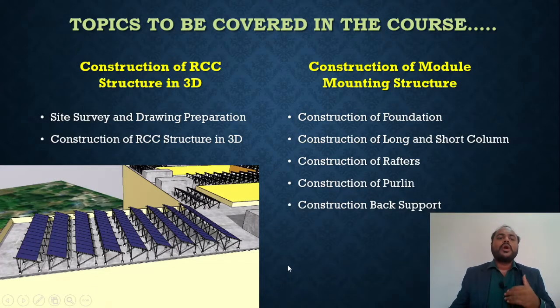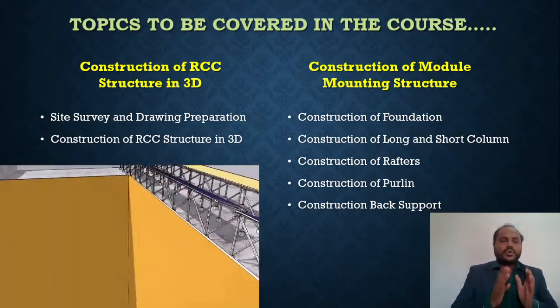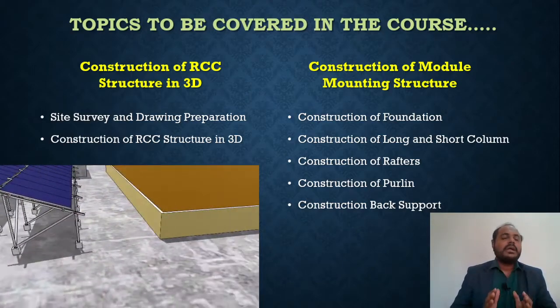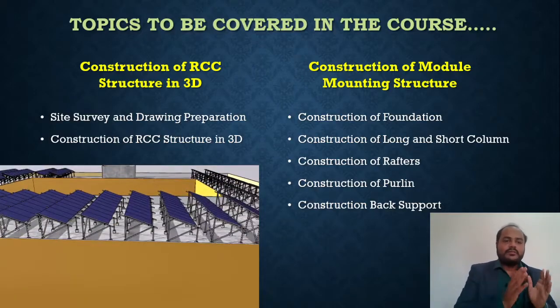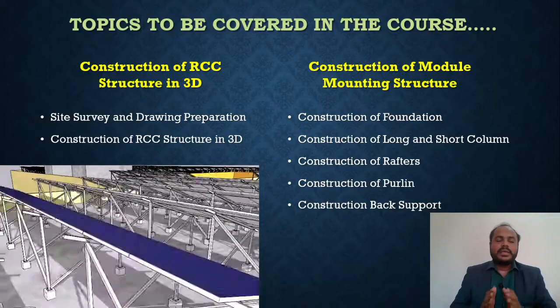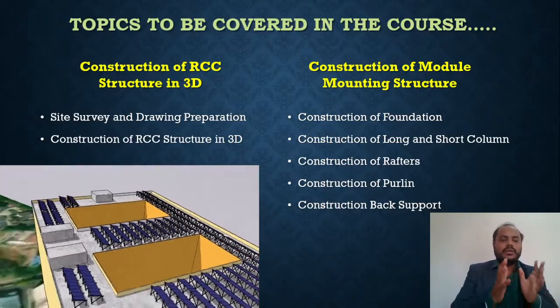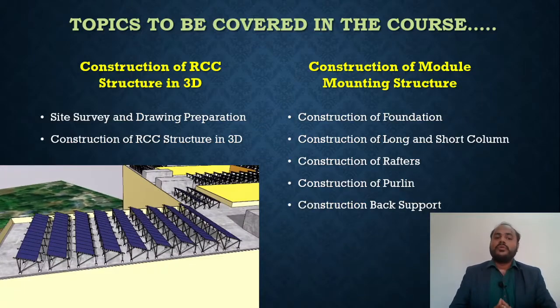Third thing we're going to talk about is the construction of the RCC structure in 3D format. Over whichever rooftop area we want to install the solar power plant, we have to develop that particular area. We have to give the texturing of the RCC structure. Whatever water tank, elevated projected control room, or parapet wall is available, we have to construct it, whichever shadow creating obstacles are there over the corresponding rooftop area. So we're going to develop the 3D model in the Google SketchUp software, and over that we'll try to mount the solar panels over here.